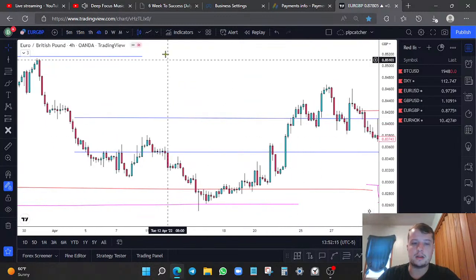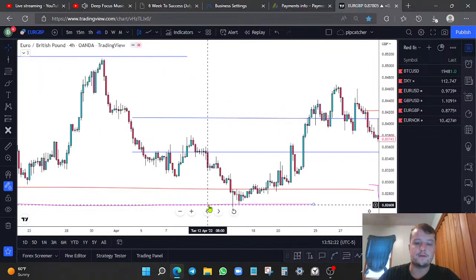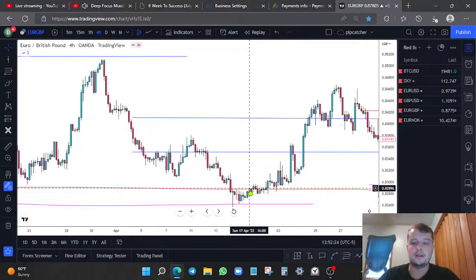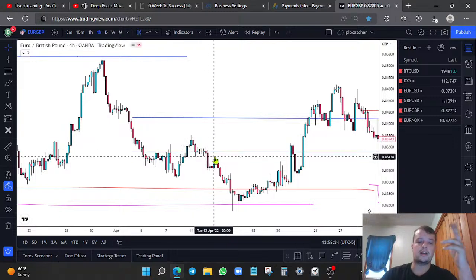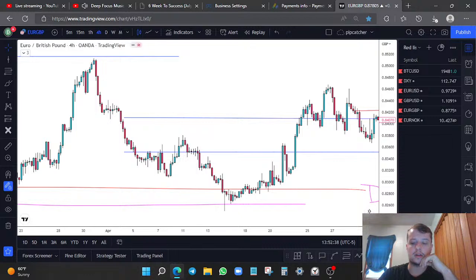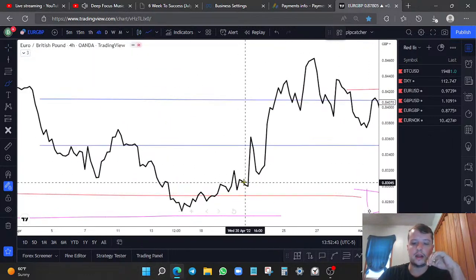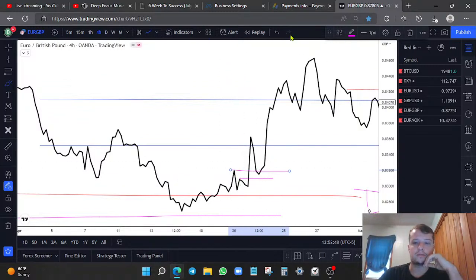Say you weren't paying attention to this 4 hour and you saw only the daily, right? And you start to see that rejection. You start to see that price is rejecting and moving away from your daily point of interest. Well, look what happens around here, right? We see a break of structure around this area here,